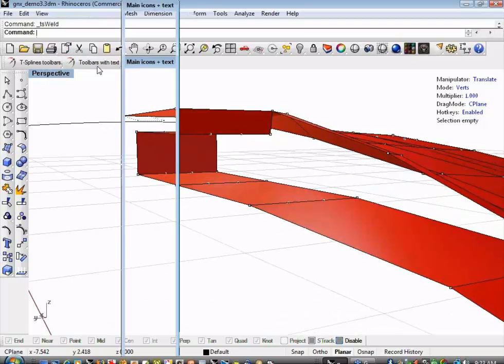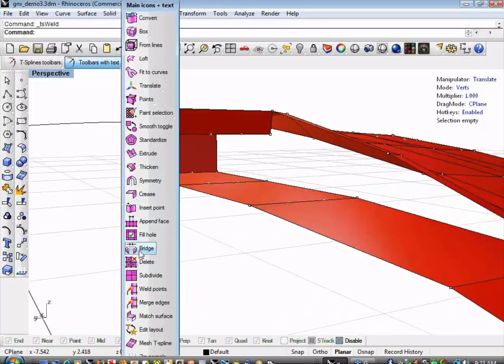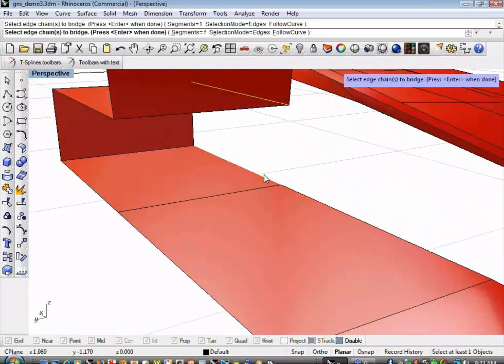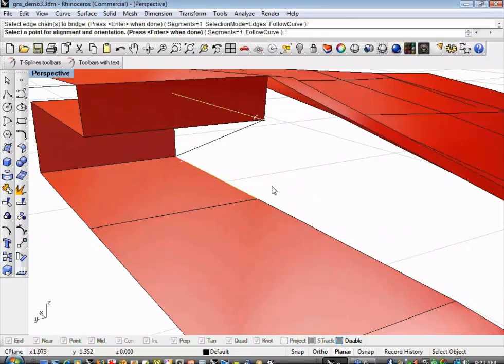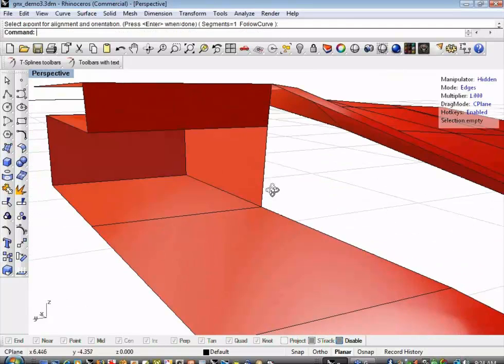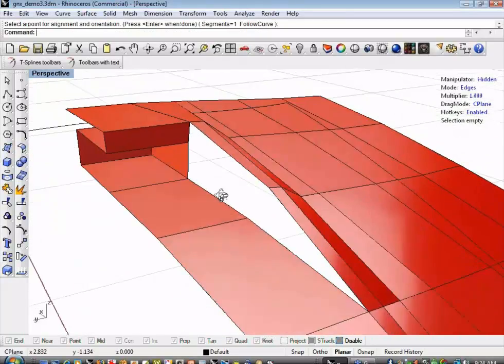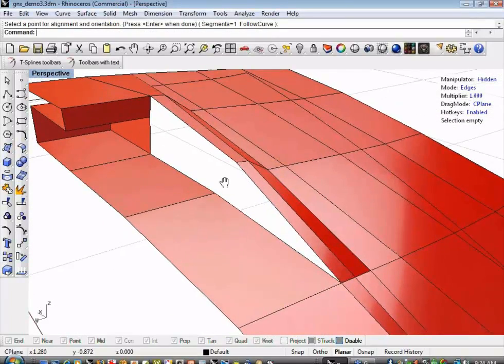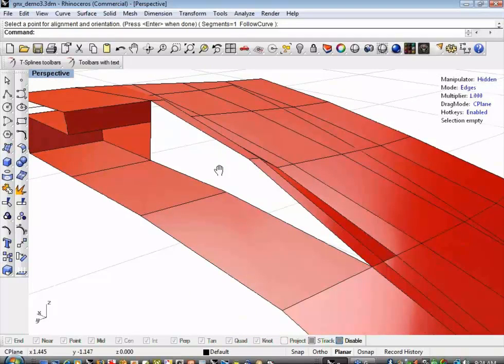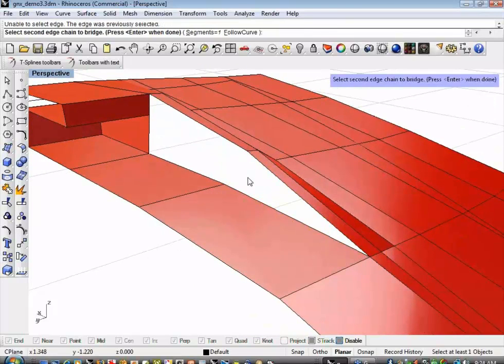And I'm going to use the bridge command, which is new in 2.2. I'm going to steal a little bit of Matt's thunder here because this tool is so cool. I'm going to click the two edges. I'm going to straighten out my direction, and I'm going to just bridge between those. So here's where the trap comes in. If you notice, if I were to just bridge these up, oops,